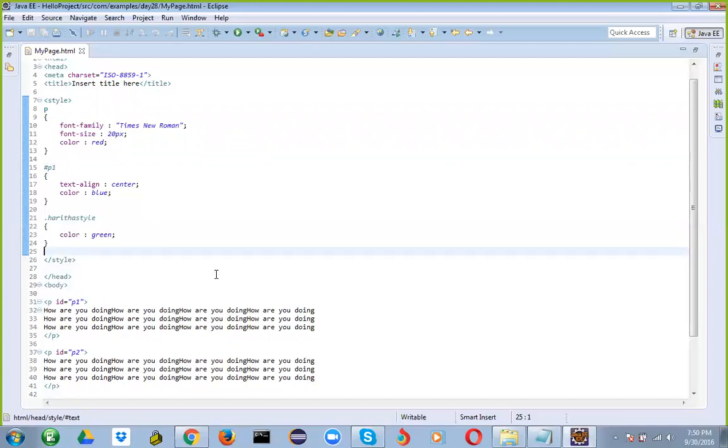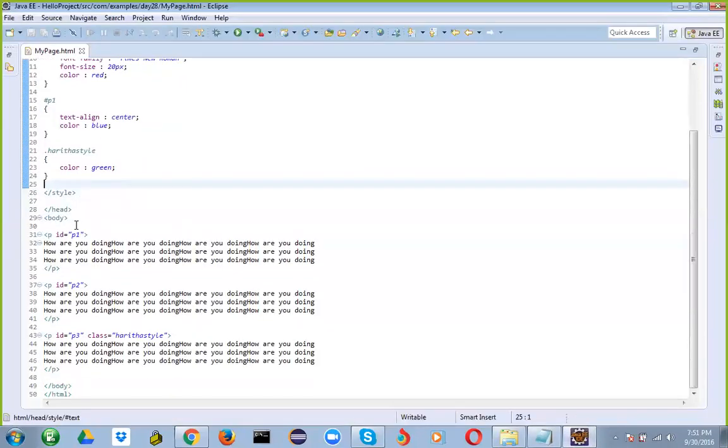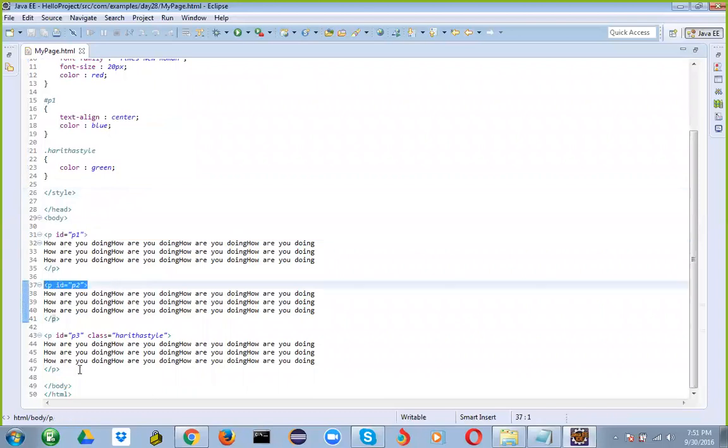Got it? Okay. This hash p1 is an ID element, and the below one is standard for all the tags, which is standard for this, and yes, CSS, the last one. Suppose right now we are writing tags P1, P2, P3, right? So let's say